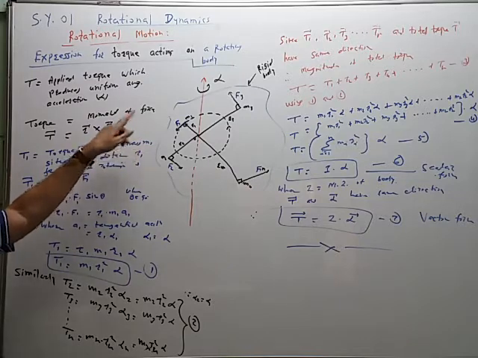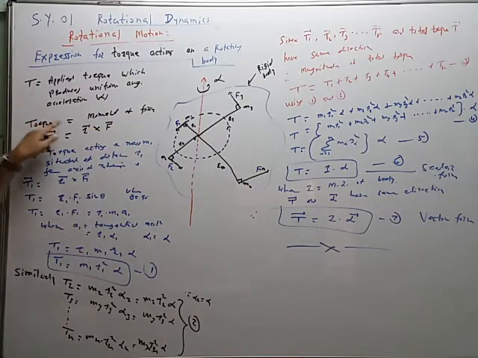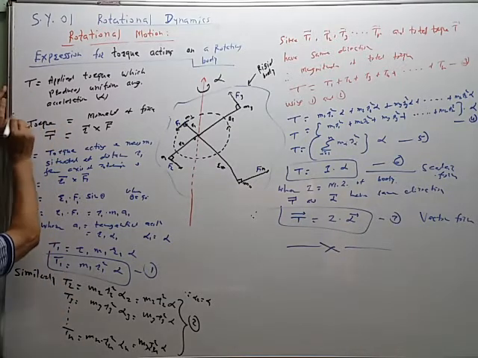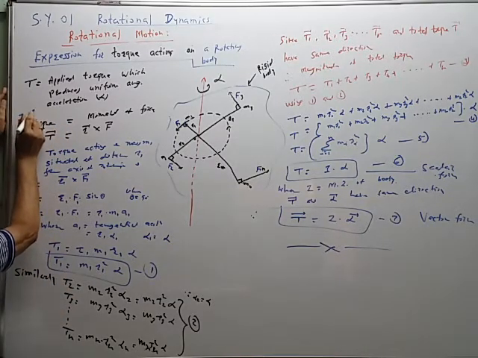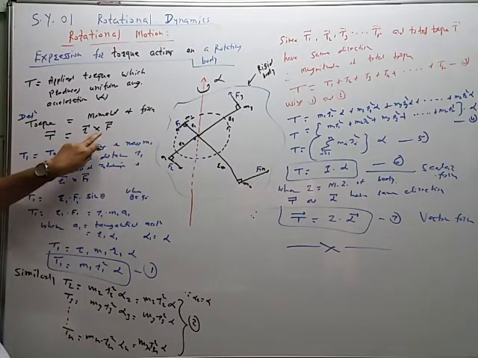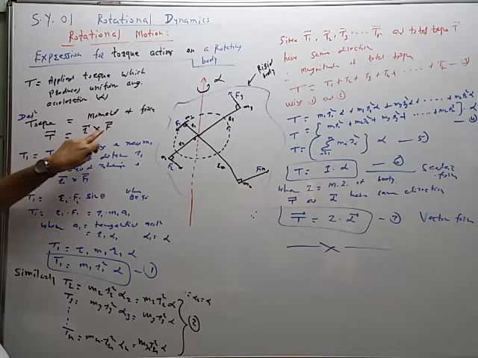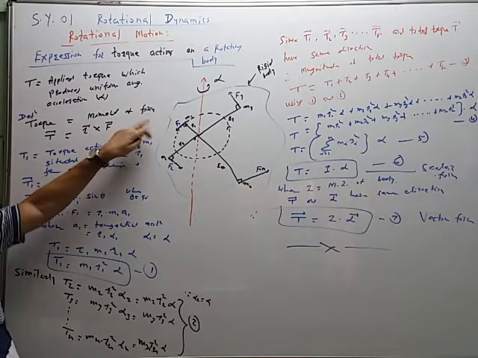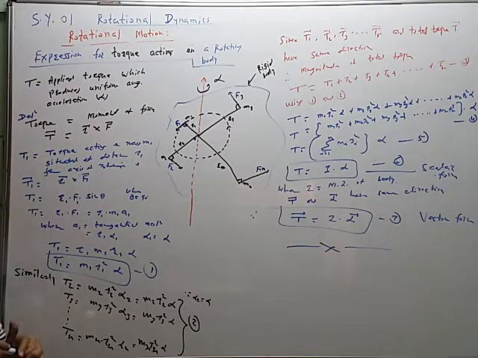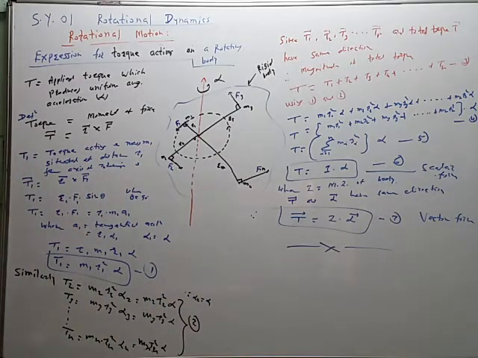We are using the same type of figure for the next derivation also. So this is the definition of torque. Moment of force is called torque. When we take the moment of any physical quantity, we have to take the cross product of the position vector or moment arm vector with that quantity. So this is the expression for the torque acting on the rotating body.